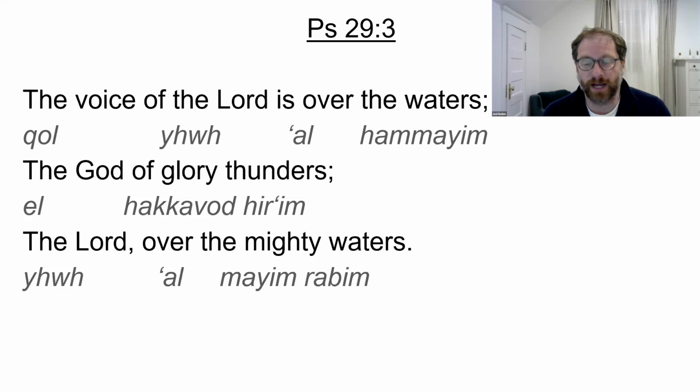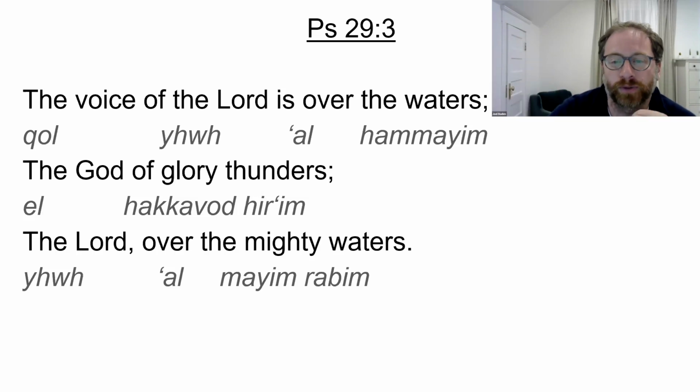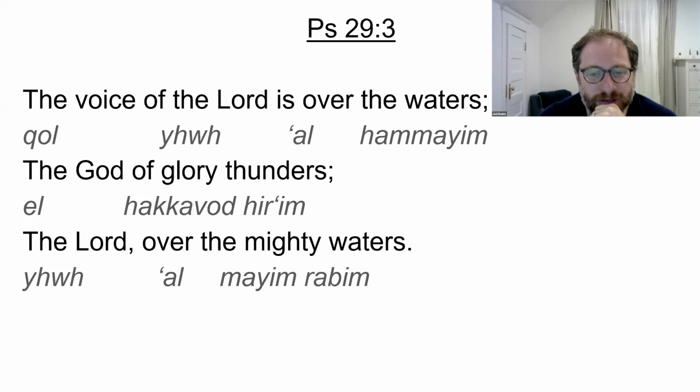We've got thundering over waters, right? This is storm imagery. And there's a wonderful play here because the word kol, which is translated here as voice, is also the Hebrew word for thunder. Right? They understood thunder to be sort of divine voicing, which you may recognize famously from the scene with the giving of the Ten Commandments, where God and Moses are communicating, and Moses speaks, and God answers with bakol, in thunder, but also that's God's voice, right? That's the voicing and this is how it sounds to humans. So we have the voice of the Lord, which is also the thunder of the Lord, the thunder of Yahweh,